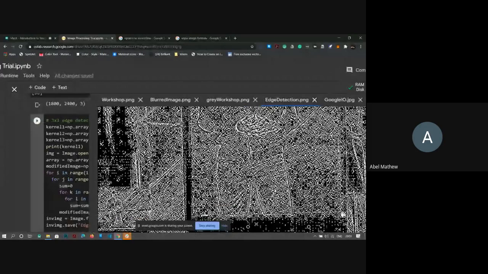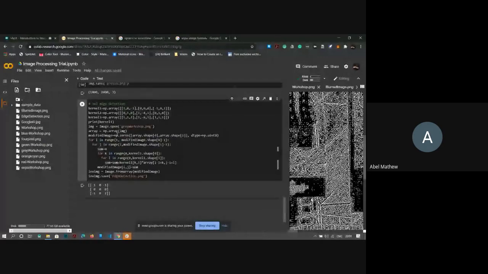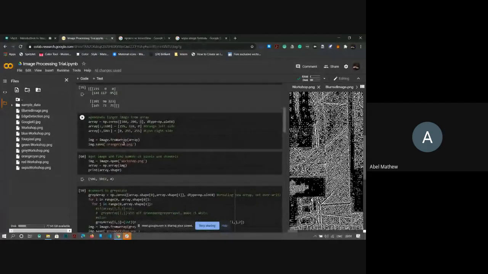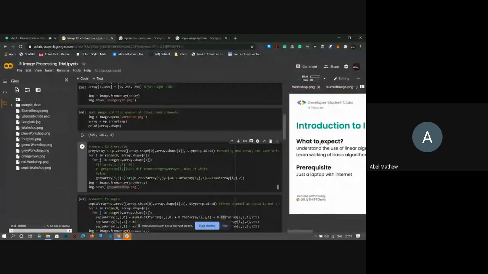To get a better understanding of it, let me try to do it for the workshop PNG. So let me do this.